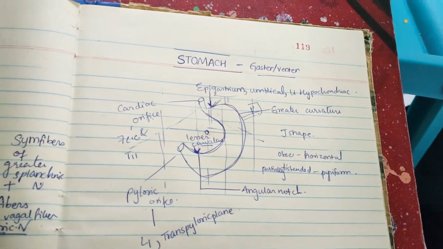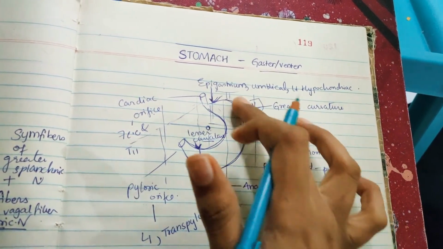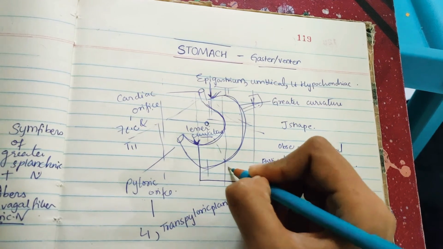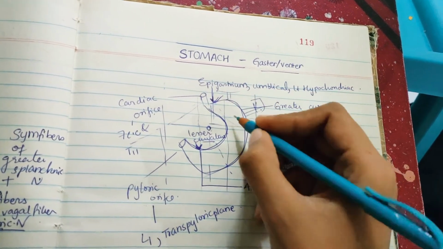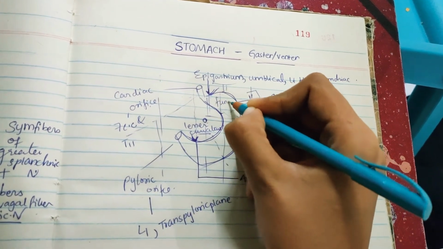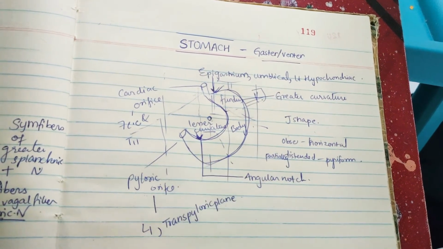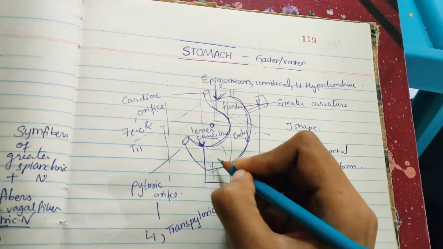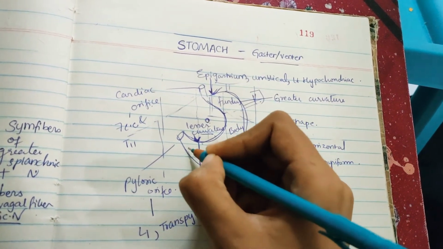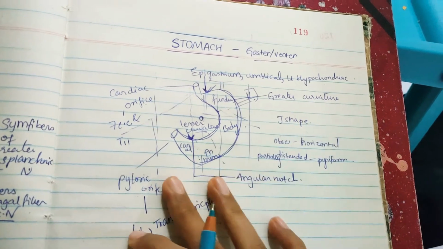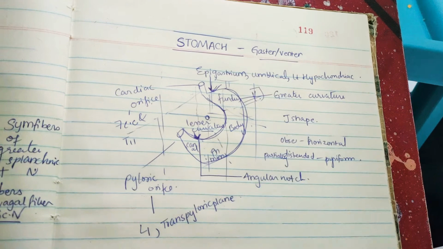Next, coming to the 2 parts of stomach. Stomach is divided into the cardiac part up to here. Okay, let us draw a line. So this is the cardiac part and this is the pyloric part. In turn, this cardiac part is divided into 2 parts. One is fundus, till here it is fundus, and this is body of stomach. Okay, and the pyloric part is also divided into 2 parts. One is a pyloric antrum, this is antrum, and one is a pyloric canal, this is canal. Okay, so they are subdivided. So actually 2 parts are subdivided into 4 parts, right?